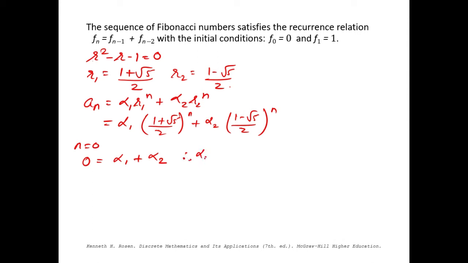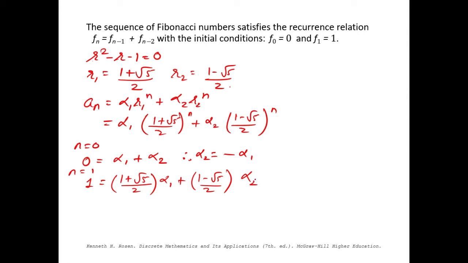Therefore we get alpha 2 is equal to minus alpha 1, and we get the second equation at n equal to 1: 1 is equal to 1 plus root 5 by 2 alpha 1 plus 1 minus root 5 by 2 alpha 2. Using these two equations,